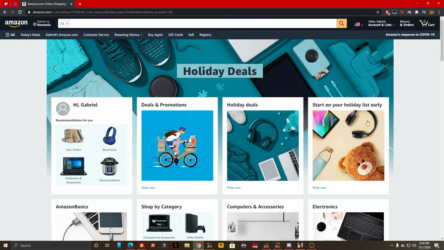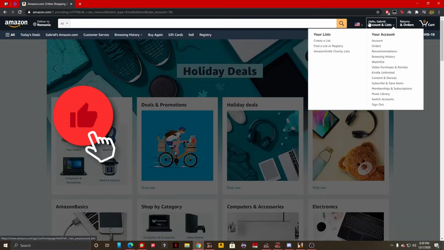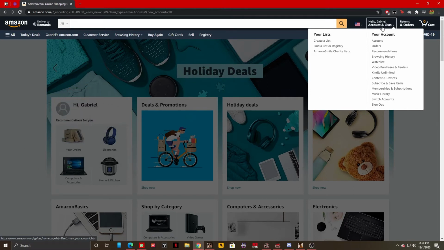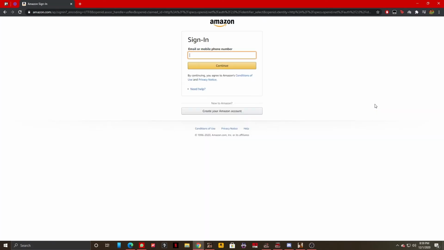So once you're on your Amazon homepage like this, and you're logged in on your initial account, what you're gonna wanna do is go on the top right of your screen like this, over your current account, and under your account, right at the bottom you have the sign out options. You are gonna wanna press sign out, and once you've done that, it's gonna send you to the sign in